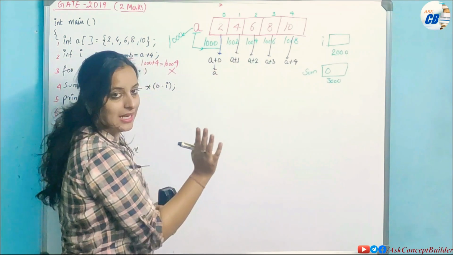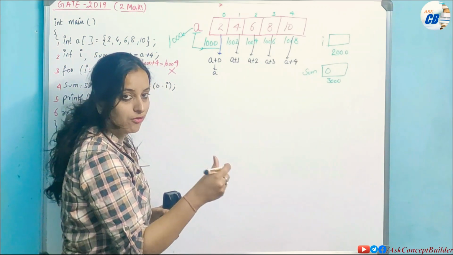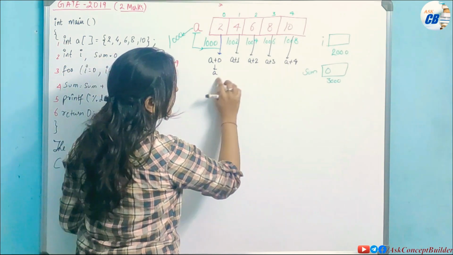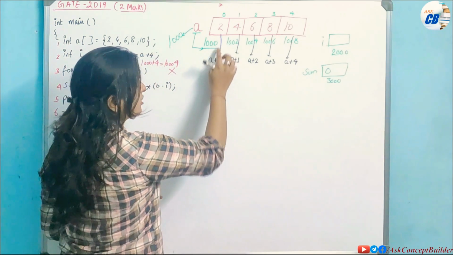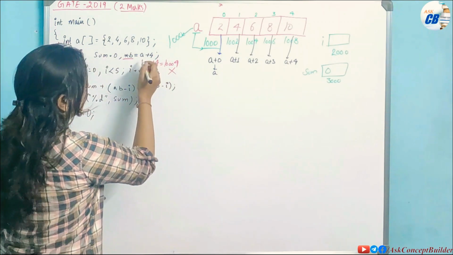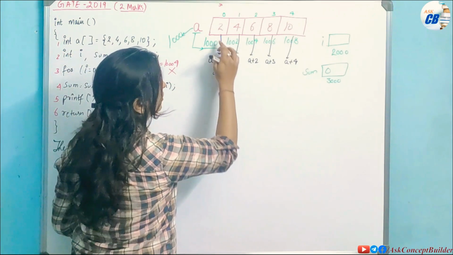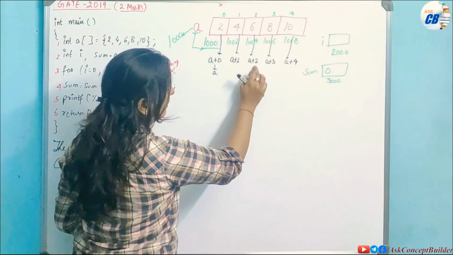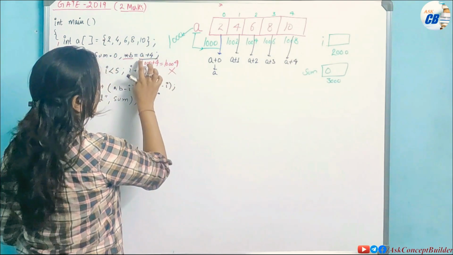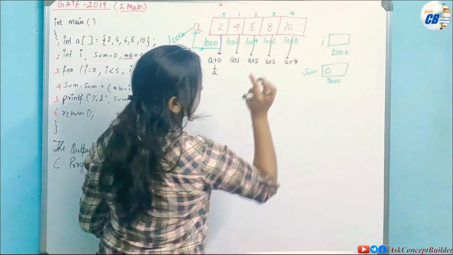So plus 1 means one element after it, okay, because a plus 0 is a only. Now a is your first element, a plus 1 is one element after it, or one element next to it. If I directly say a plus 2, it means two elements after it. So a is this, a plus 1 is this, a plus 2 will be this. So here a plus 4 means a is this one, and four elements next to it. So this is a, this is a plus 1, this is a plus 2, a plus 3, a plus 4, which is this one, and it is storing the address of this element. a plus 4 is your 1008.